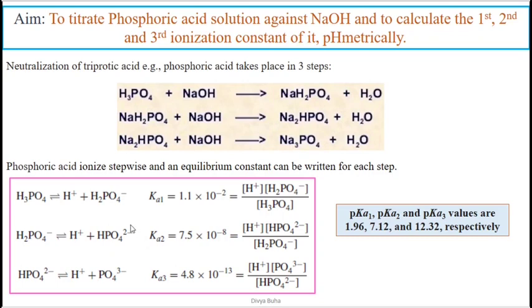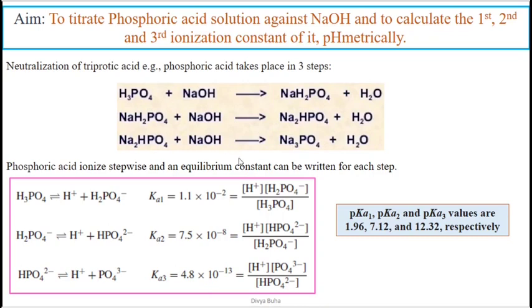Then you can see that there would be more negative charge, -2. So it is very difficult to ionize or dissociate this last proton, because the negative charge increases, and as negative charge increases, this proton would be strongly attached, right? So it would be difficult to detach this H plus ion, and due to this, the ionization constant value decreases.